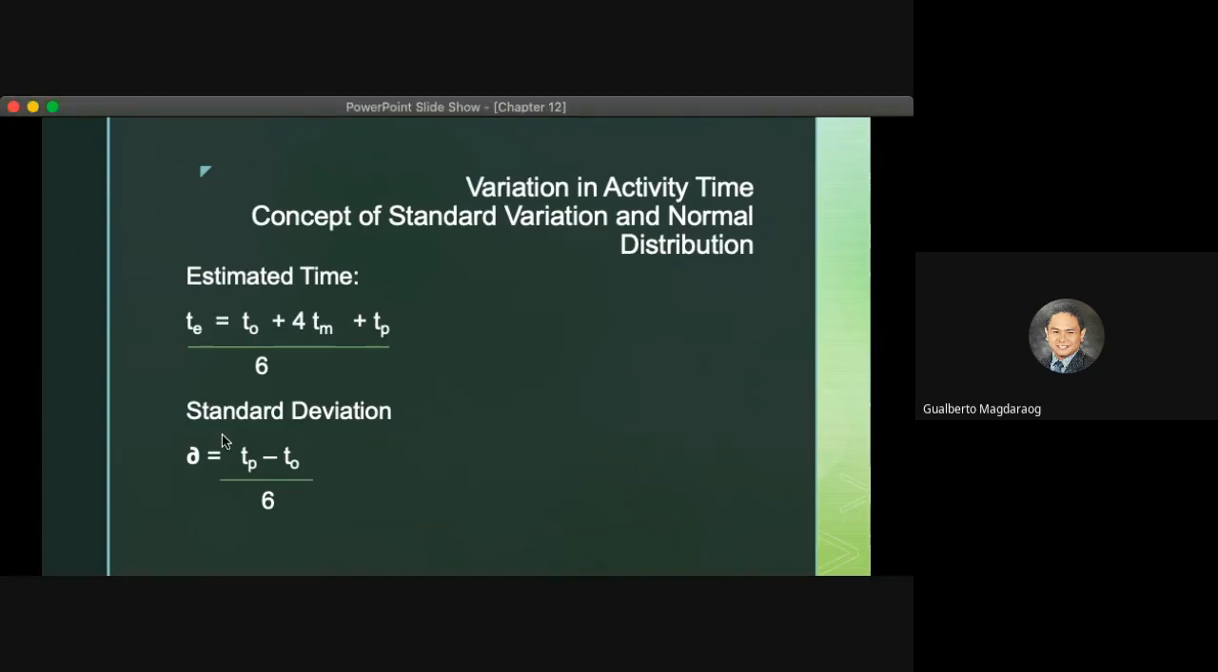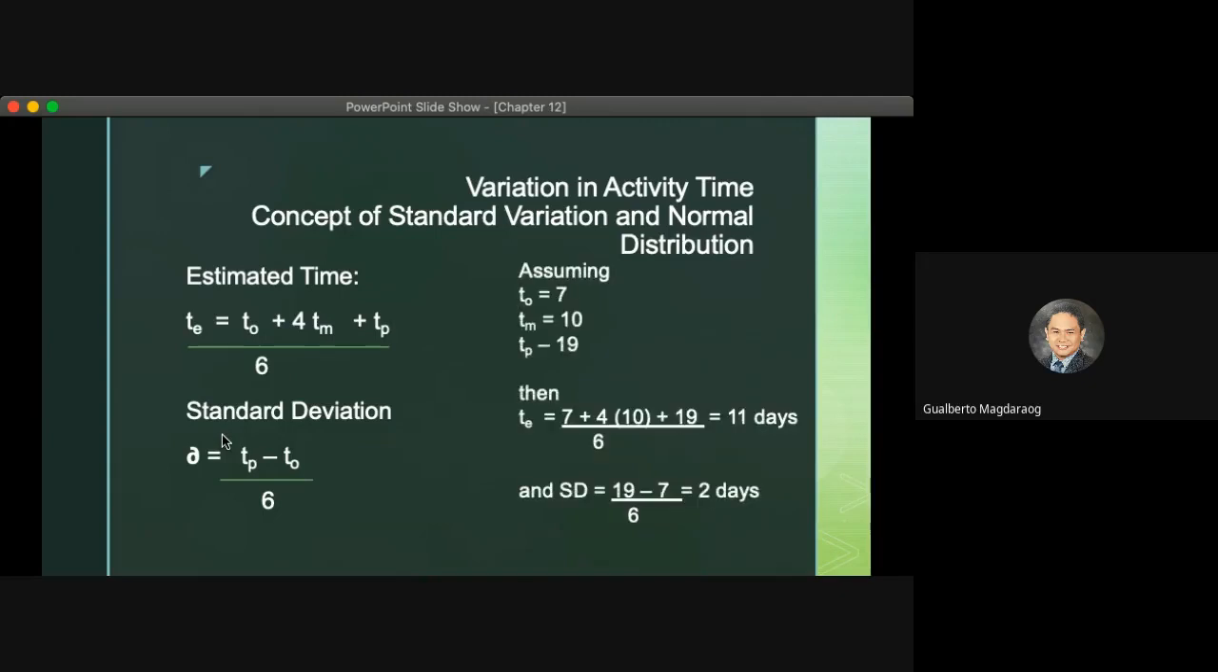Next is the concept of standard deviation and normal distribution. Remember the formula for the estimated time, where we divide the sum of the optimistic, the pessimistic, and the most likely time by an average of 6. Now, this estimated time,